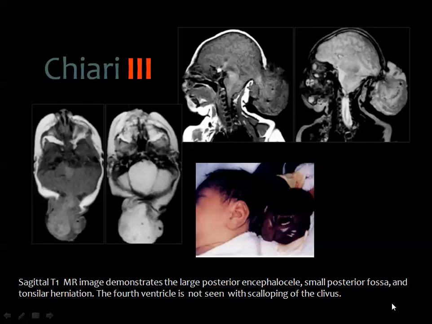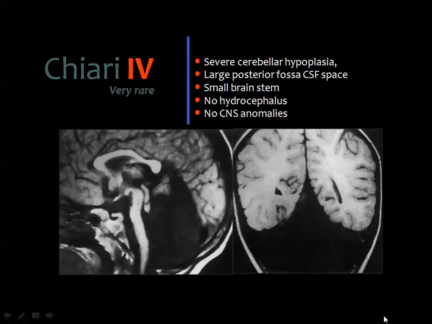And here is another example. You can call this not Chiari, you can call this encephalocele, occipital encephalocele. But sometimes you may call this a Chiari-3 malformation, where you see an occipital encephalocele or upper cervical encephalocele containing the descended brain tissue. And some of the literature mentioned that there is a fourth type for the Chiari, and of course it does not belong to the Chiari because nothing has descended into the upper part of the cervical spinal canal. Instead, you get